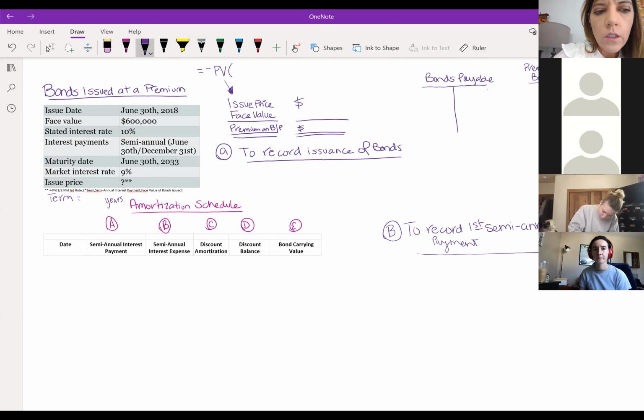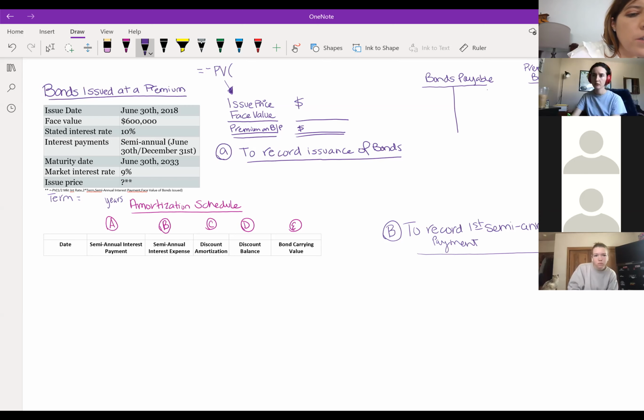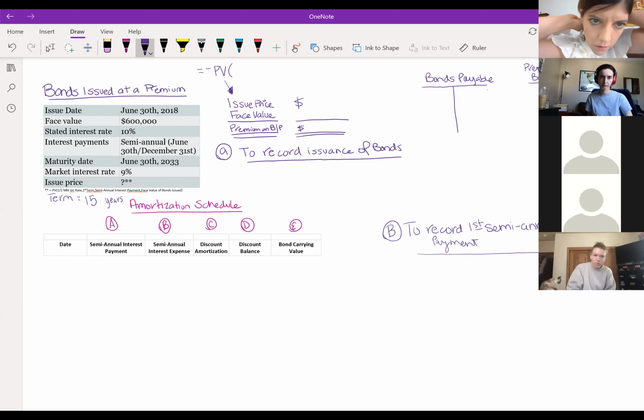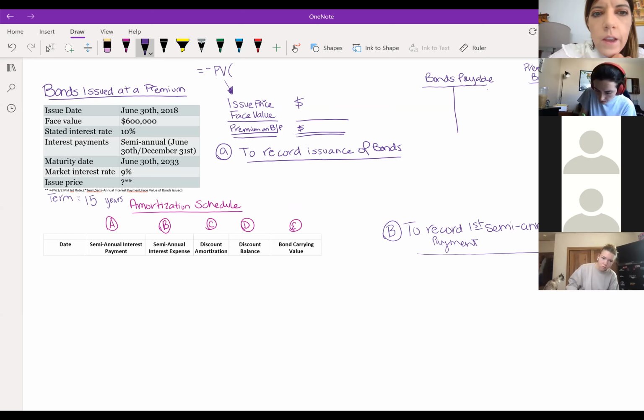First things first, what's the term of these bonds? How many years will these bonds be outstanding for? Like 15 years? 15 years, yeah. So from June 30th, 2018 until June 30th, 2033, it's 15 years. For the issue price, I'm just going to write the formula that we're going to use in Excel. So equals negative present value, so PV, open parentheses,